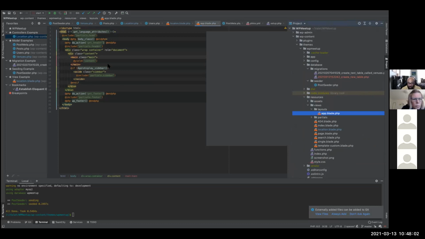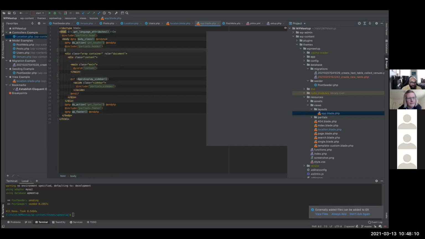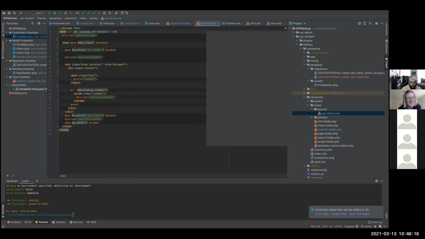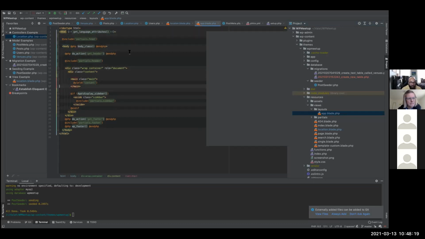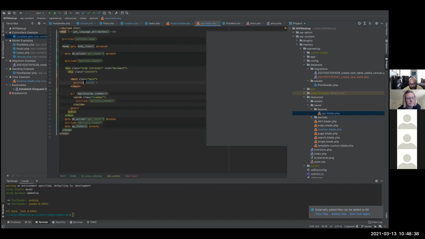Now this is messy because I didn't write this, but if I separate this out, it makes more sense to read. If you put spaces and stuff, it makes life so much easier. All right, so here we go. Right here where it says yield content, whenever I say extends layouts app, it's going to pull this, and then you have this section that says content. Everything in between section start and section end automatically gets put here within this main HTML tag.